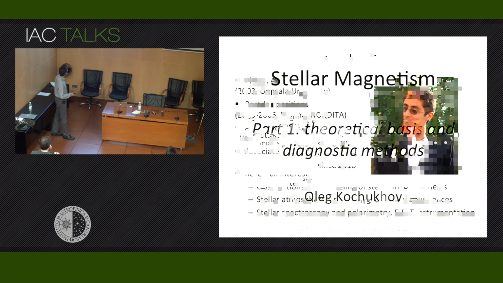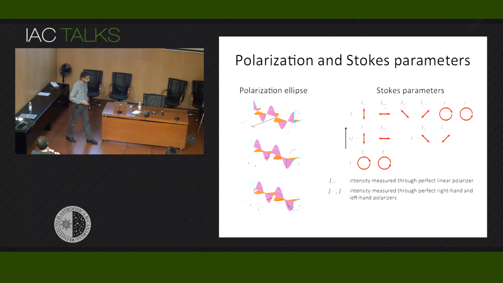Right, so this is the first part, theoretical basis. And of course, we need to start with defining what exactly our measurable quantities are. And you probably all know that polarization of radiation is characterized with Stokes parameters. And nevertheless, I think it's useful to repeat this